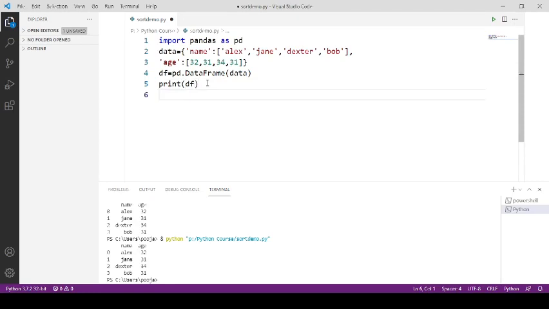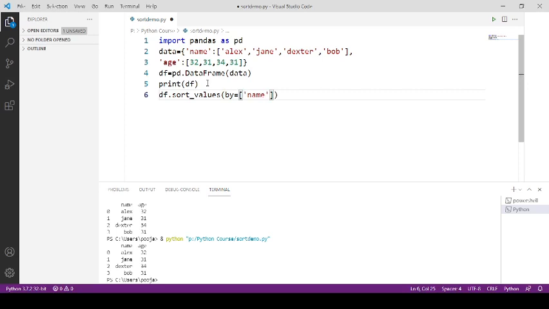sort this data frame, and to sort a data frame we have a function named sort_values, and then we need to specify the column name on the basis of which it will sort data. To specify the column we need to write a parameter first, and that parameter is by, and then equals, inside square brackets we need to specify the column name.